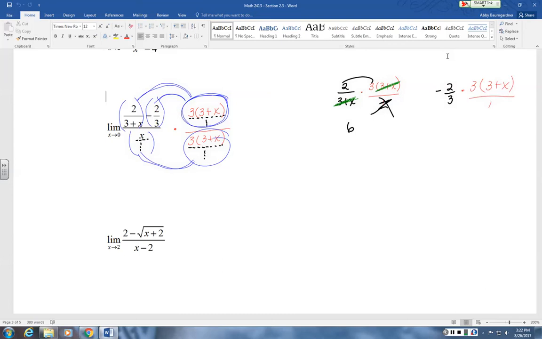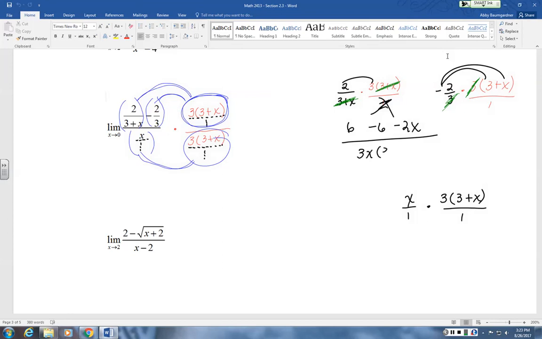Check it out. The 3's cancel. And so now I'd have a negative 2 times 3 and a negative 2 times x. That's my new numerator. In the denominator, I have x over 1 times 3 plus x over 1. Nothing cancels. Okay, so what do I end up with? A 3 times an x times a 3 plus x. 1 times 1 is just 1, so I don't need to write it down. So I now have